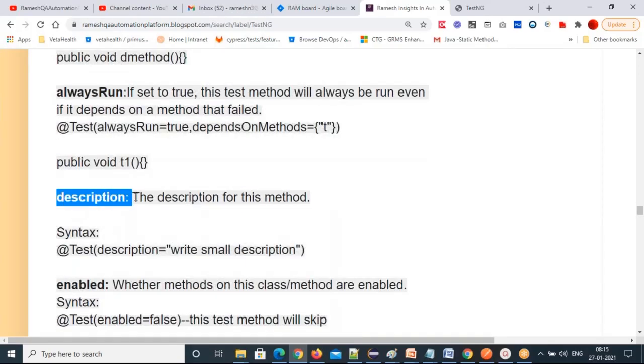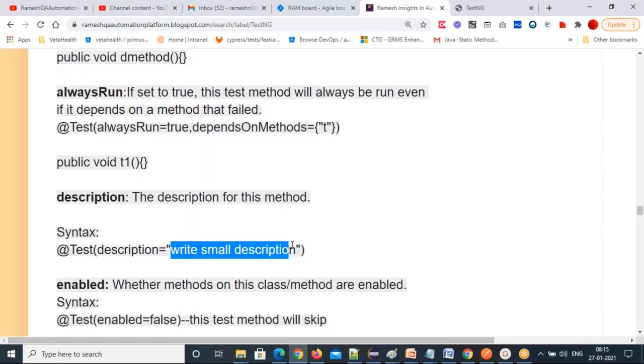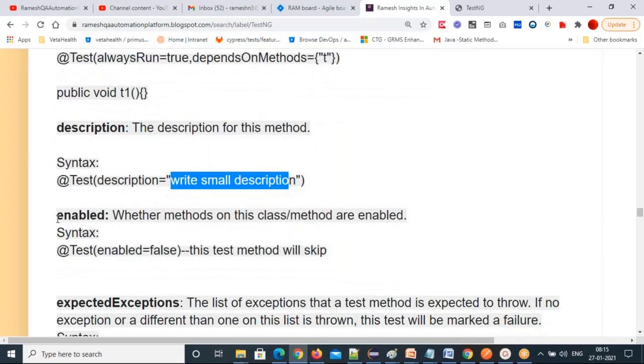Next, description. For the current test method, you want to write a small description of what this method is doing, and you can use the description keyword: @Test(description = ...) to write a small description about the test method. And the enabled keyword: whether the methods on this class or method are enabled, you can use the enabled keyword: @Test(enabled = false).